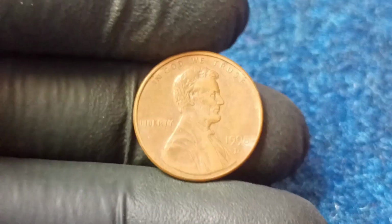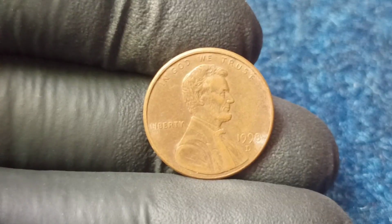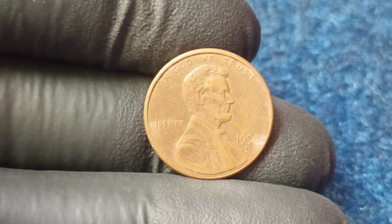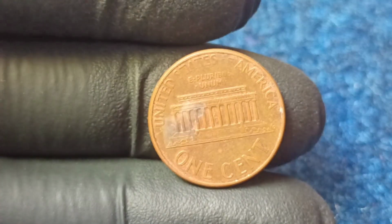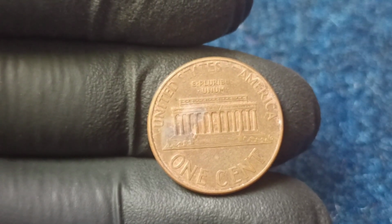And alongside broad strikes we find clipped planchets where part of the coin is literally missing from the edge because the metal blank was cut improperly before striking, and these kinds of mistakes turn each coin into a one-of-a-kind specimen. And when we add transitional composition errors into the mix, we get into the territory of coins worth millions, because while most 1998 pennies were struck on standard zinc planchets with a thin copper plating, some rare examples were mistakenly